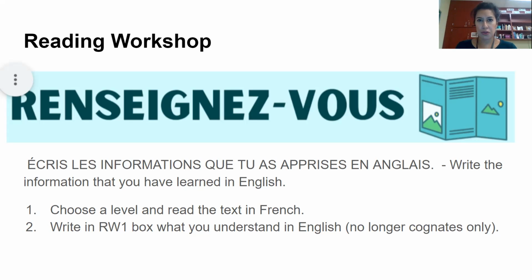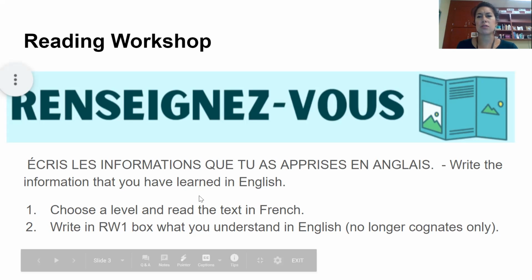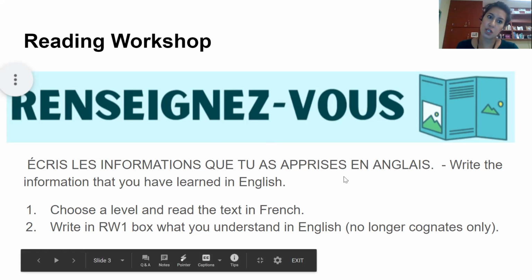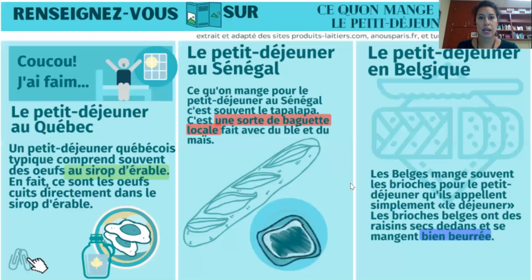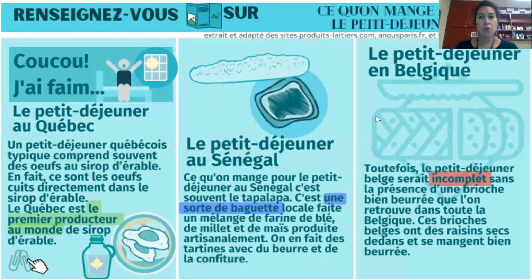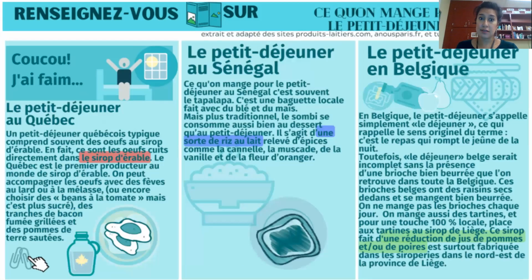Okay, so I'm gonna go through one of the texts with you a little bit today, just to give you a couple of pointers, and then you're gonna pause the video on the text that you want and complete that reading workshop. So this for today is the beginner level text. Now I know you can't see the top right hand corner because my face is there, but this is also on your Google form, so you can read it from there. So you can see the beginner level is pretty long for today, so you might want to stick with that one. Or this is the intermediate, and this is the advanced.